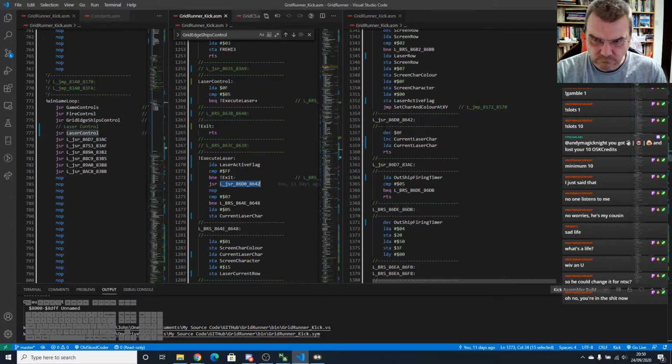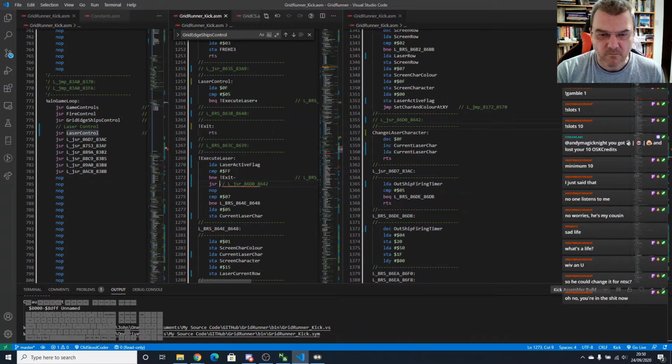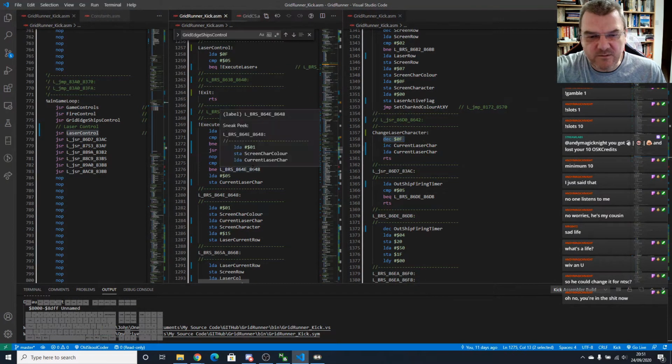Okay, we'll do that. So we're changing the laser character, but we're decreasing OF. We still don't know what OF is. No, we don't. So we're decreasing the laser character, we're coming back, and then we're testing whether we've got to